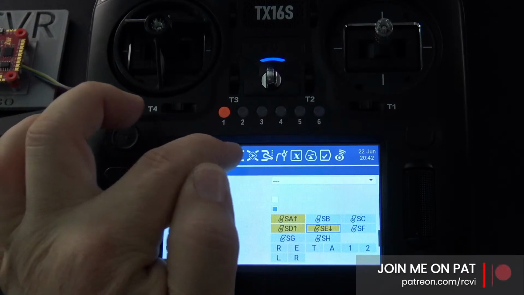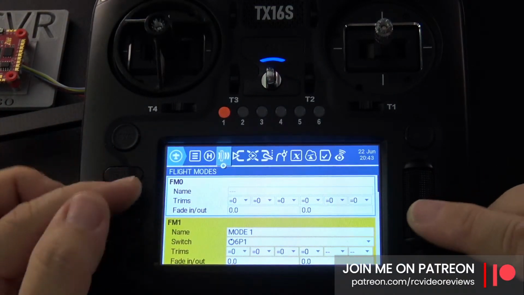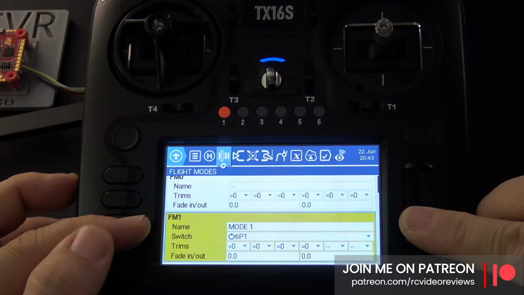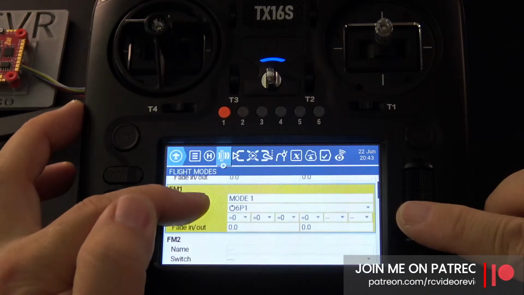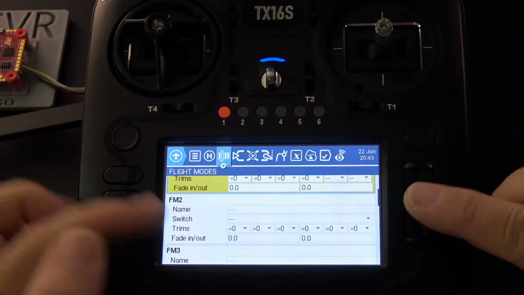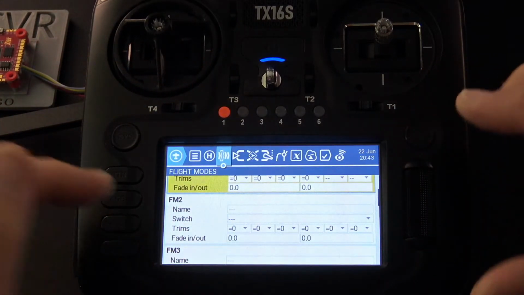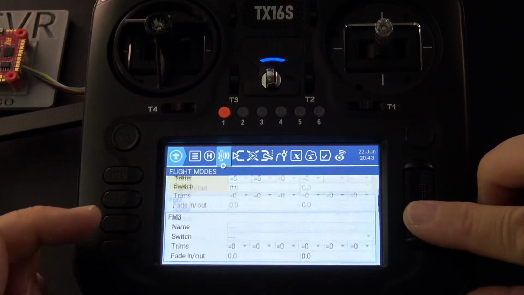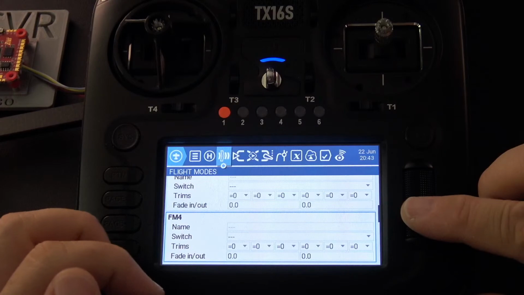Let's see, flight modes. I want to talk a little bit about flight modes. It's right here. This data layout needs to be revisited. They're aware of that. There's a lot happening on this screen, and it might be a little bit difficult to get centered where you want so you can see what it is you want to see. They're aware they've got to rethink how this is presented. This is just where we're starting, but that is an area for development work. You know, they're aware of that one.